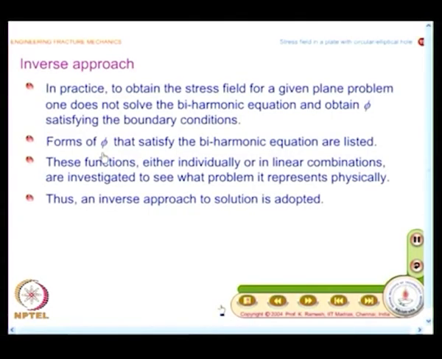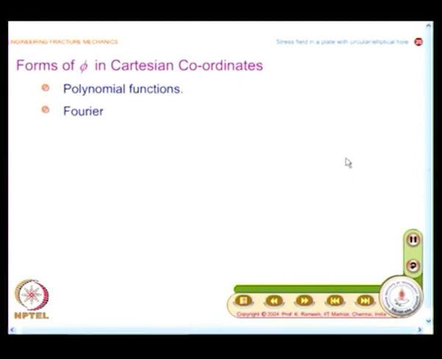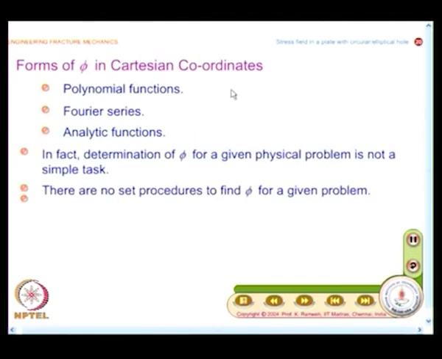So, in fact, in the 1930s the research was focused on determining phi for various types of problems. The moment phi is determined, everything else is found, because once phi is known, sigma x is given as dou squared phi by dou y squared and so on and so forth. So, the challenge is in finding out what is phi. As I mentioned, we are looking at forms of phi in different coordinate systems. Now, we take up the Cartesian coordinates, we will also look at forms of phi in polar coordinates,